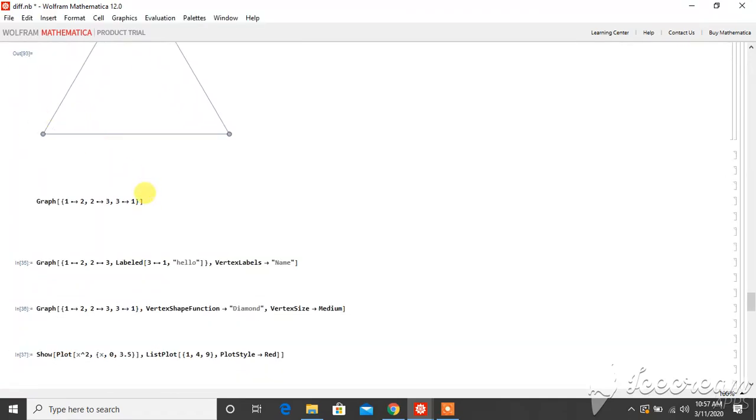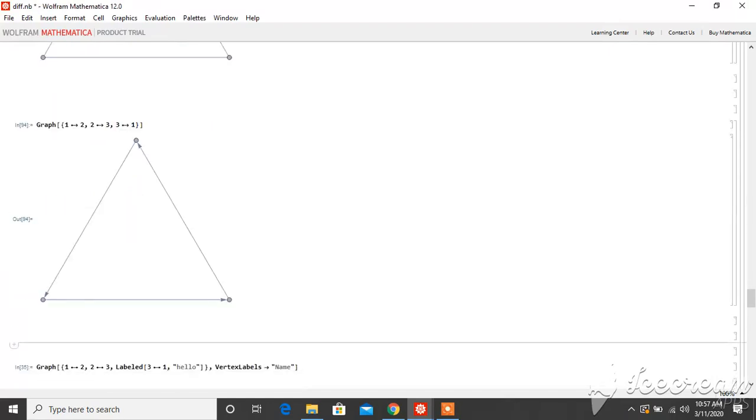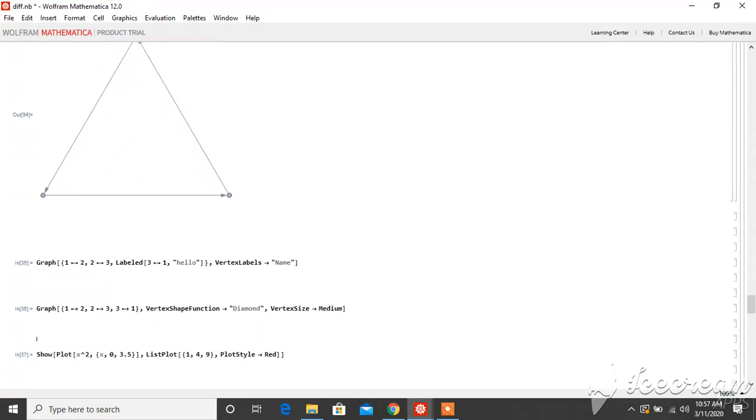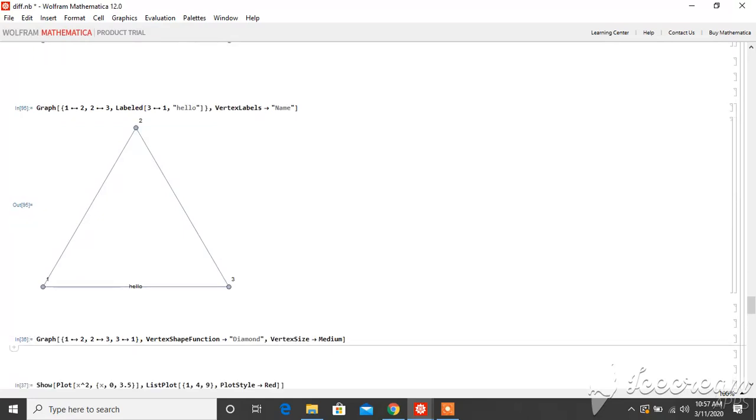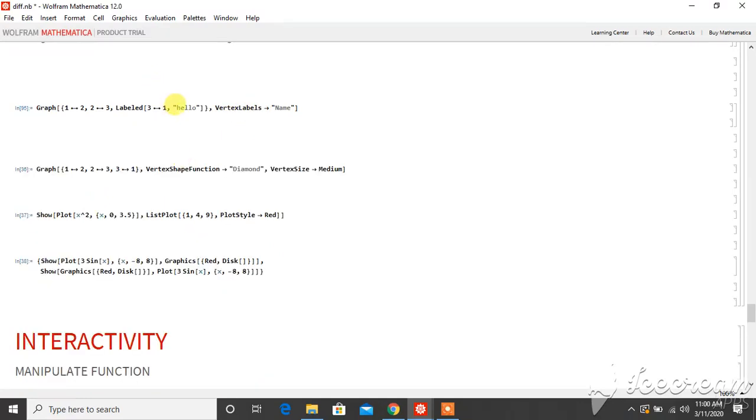Here we have an example of a directed graph, in which we can know the direction of the edges. This is the example of labeling vertices and edges.